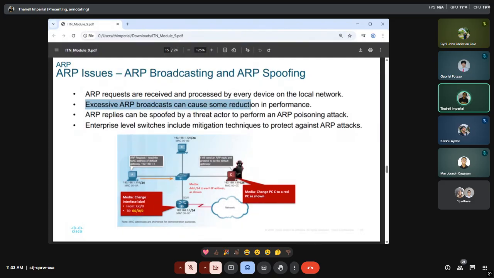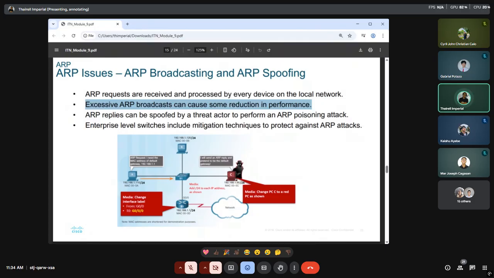Excessive ARP broadcasts can cause some reduction in performance. Okay, consider that you have multiple devices. Well, this will not be a problem in the example shown in this illustration, because you only have a few devices, right? So maybe one, two, or three. But this would be problematic if ARP is utilized excessively with multiple devices.